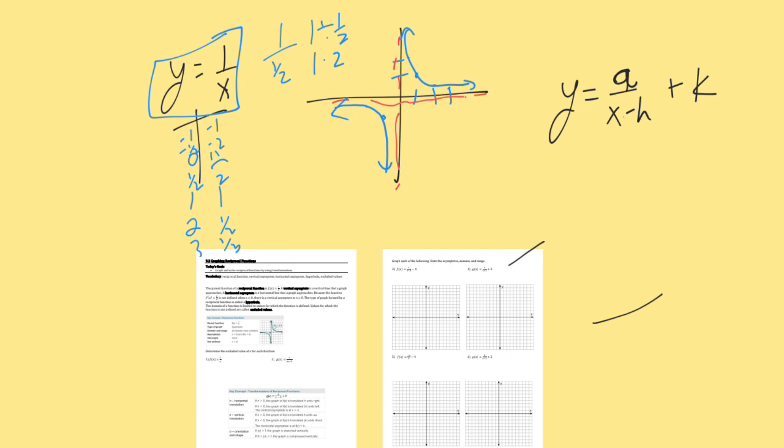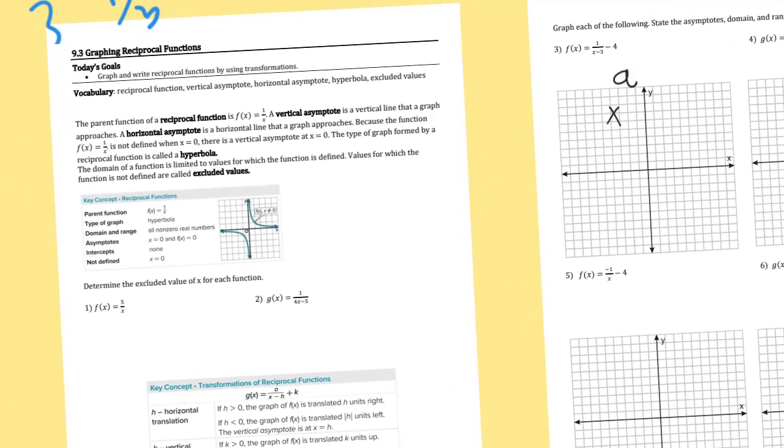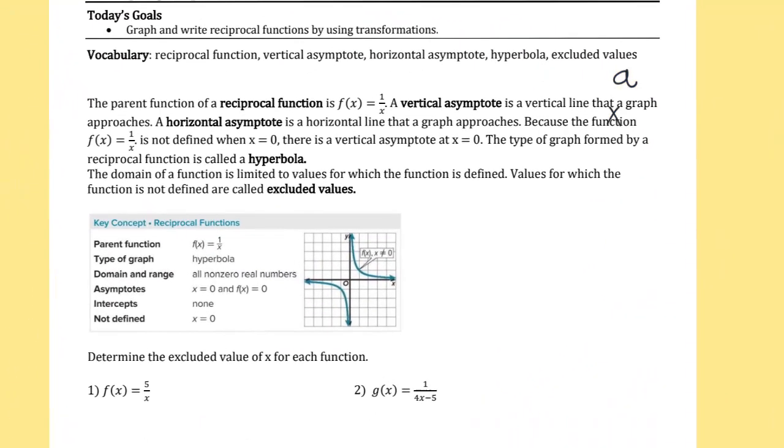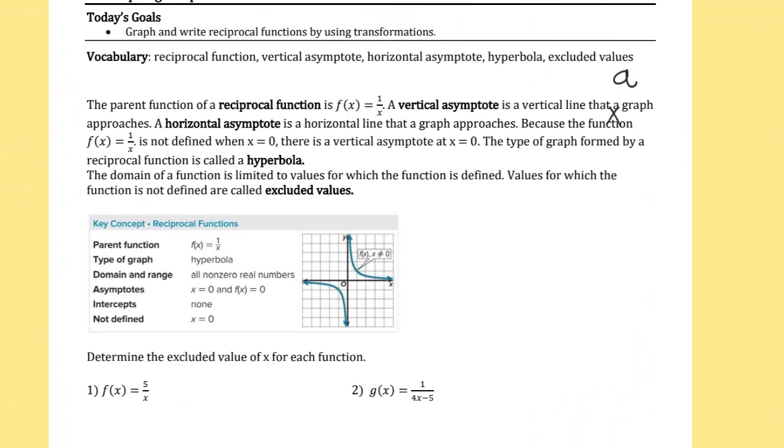And so we want to say, okay, that's the parent function, the reciprocal function, because no matter what you plug in, it flips it over. We also want to say, let's transform this. Okay, and so let's zoom in and look at these notes. So this is called the reciprocal function because in the parent, whatever you plug in for x becomes its reciprocal. And then there are asymptotes on the x and the y axis. And